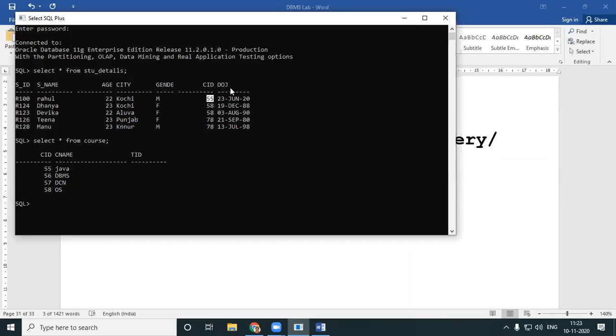Here, CID is the foreign key, and here, CID is the primary key. Okay, so I can say Rahul is specializing in course ID 55, and 55, it does mean Java. Okay, Dhanya and Devika, they are specializing in 58. And what do 58 mean? 58 means OS.